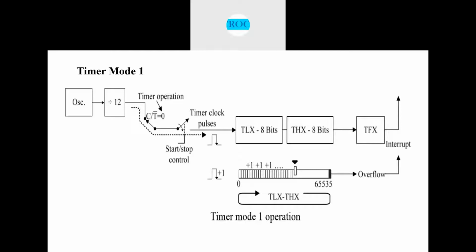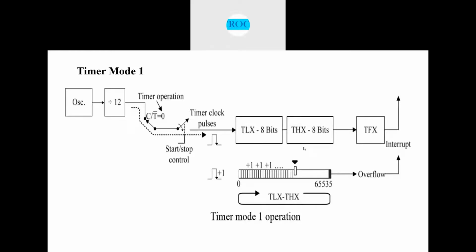If you know that it is an 8-bit register, what we have is 00, and it will keep on incrementing: 0, 1, 2, 3, 4. The maximum value we can have in 8 bits is FF, and till that it will keep on incrementing. Once it is done, it will increment the higher bits, so that it is acting as an 8-bit counter, and this is also acting as an 8-bit counter, and collectively it is a 16-bit counter, and it will count from